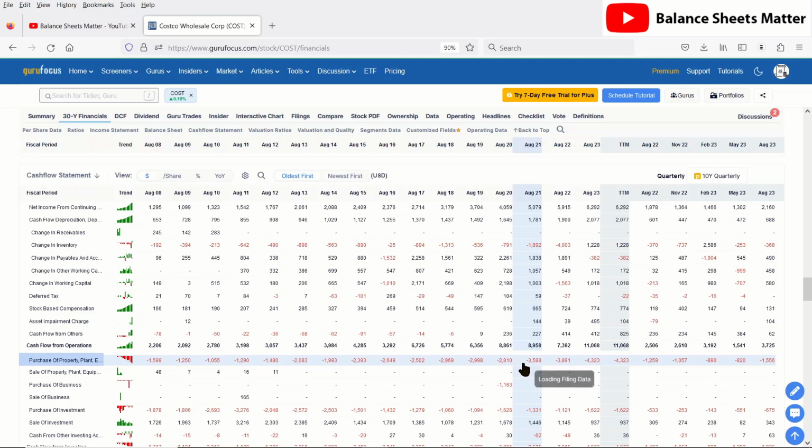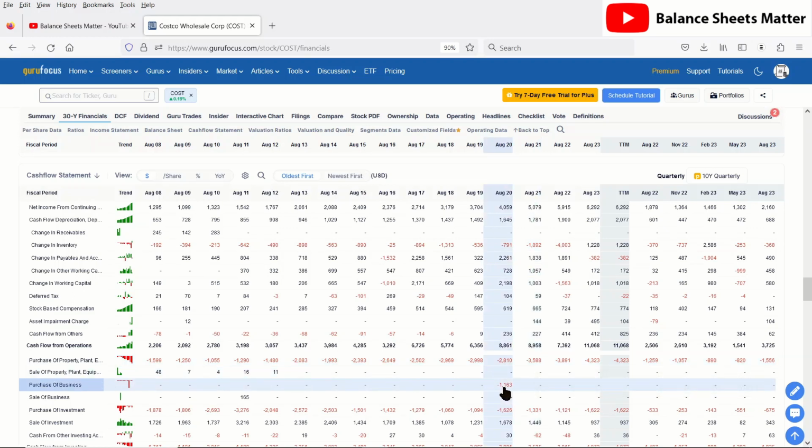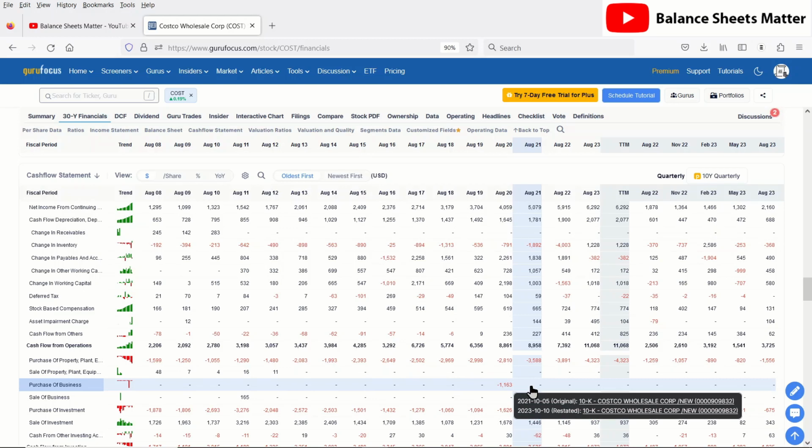Or at least that's what that's suggesting. And it looks like they have done one acquisition in 2020 of just over $1 billion. So this may be a potential expansion for Costco to start getting more into the future. Maybe they want to start buying other different brands or another chain, or who knows exactly what they're going to do. But this is a potential business growth opportunity I'm seeing for Costco in the future because there's a